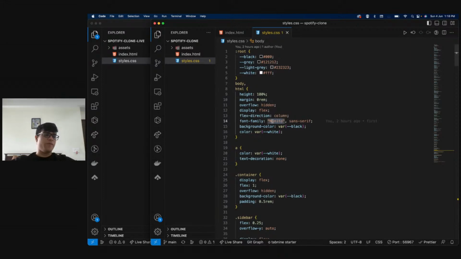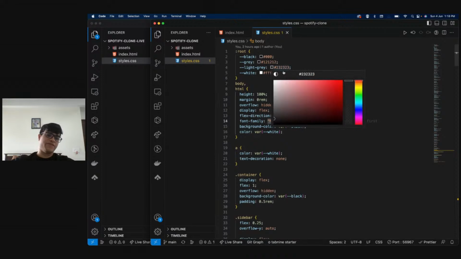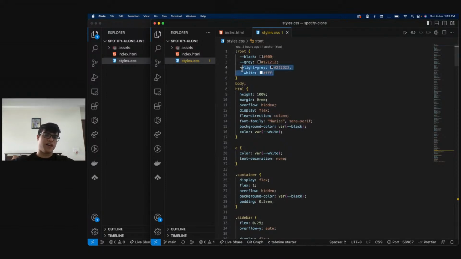And like I said, how many of you guys are aware of what root variables are? I'll give you a hint. There are just variables for our colors, and this is how they look. But I would still like to know how many of you guys have worked with root variables, or know what root variables are. Yes, exactly, Aman. Great. So, for those of you who don't know, root variables are just like any other variables,